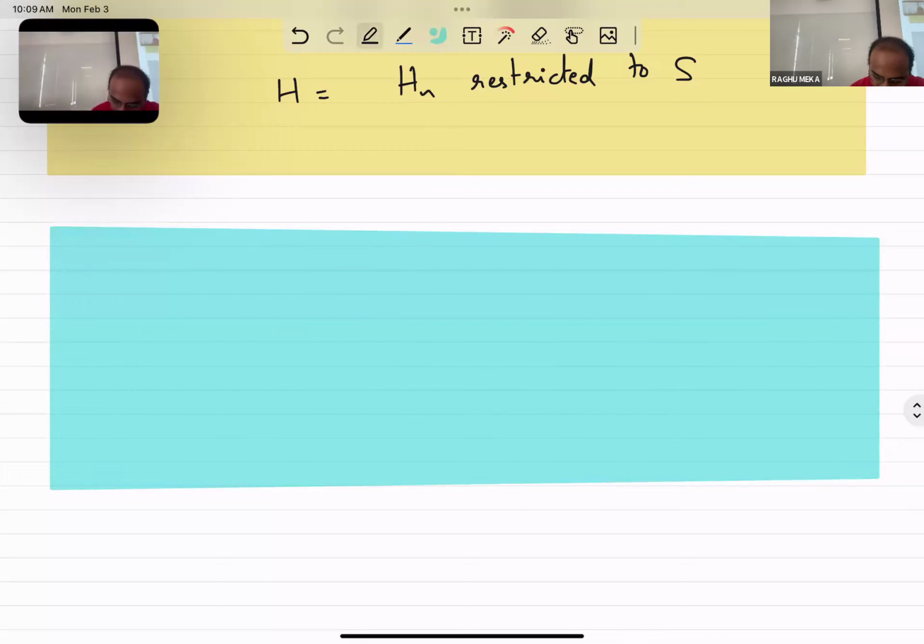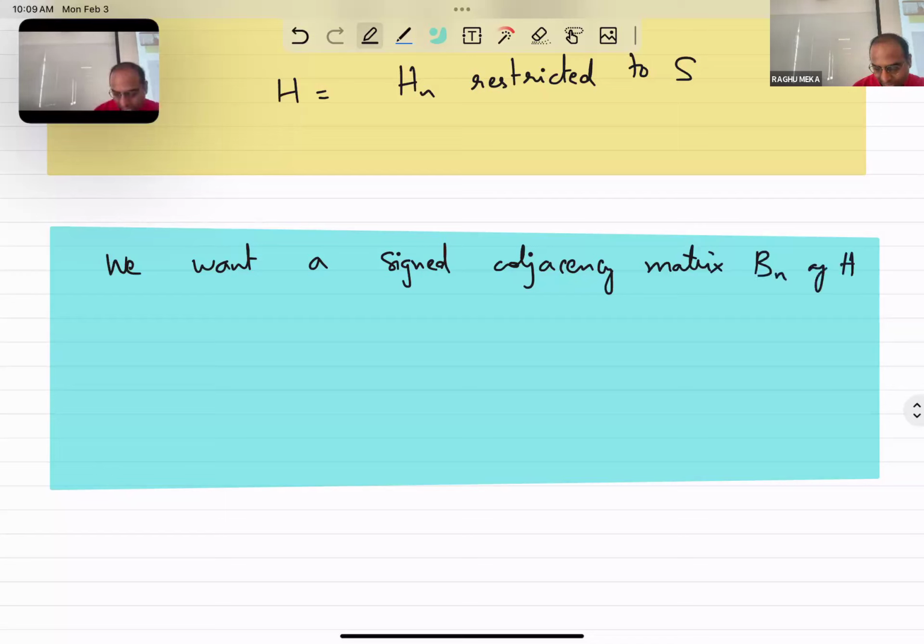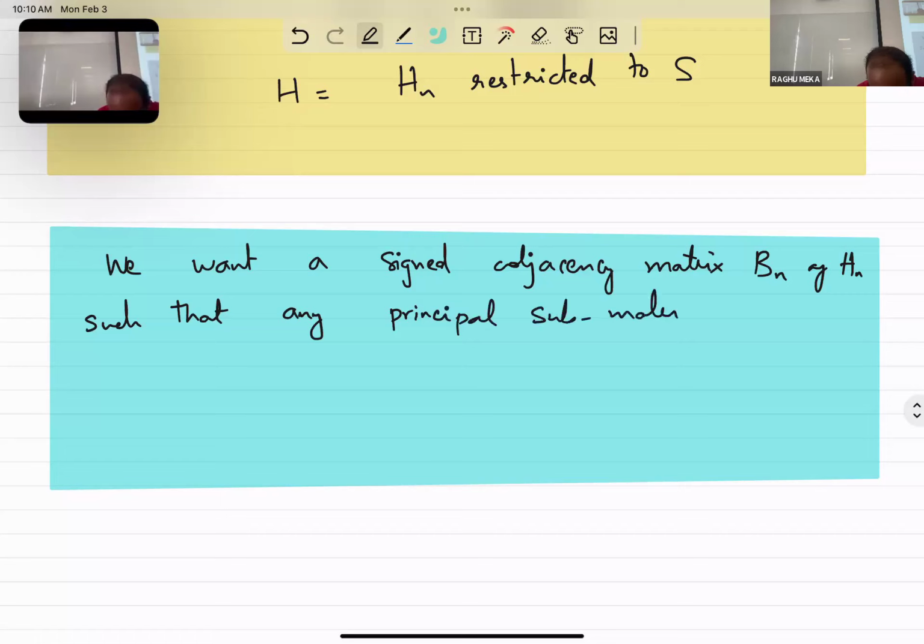So that means, concretely, if you want to use the signing approach, we want a signed adjacency matrix Bn of Hn. Okay. So at least it suffices to have a signing of the adjacency matrix of the hypercube such that any principal submatrix, I'll tell you what this means in a second,